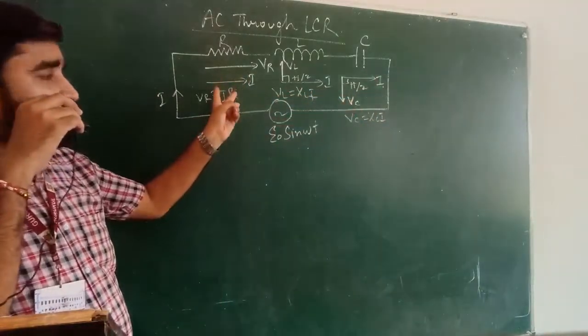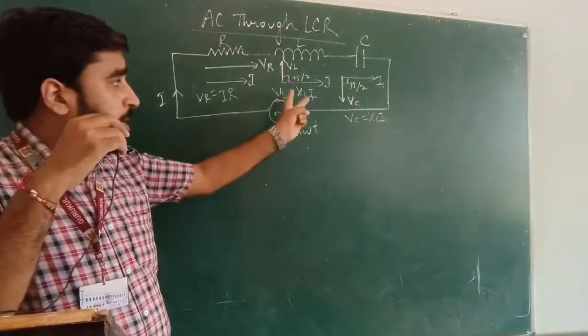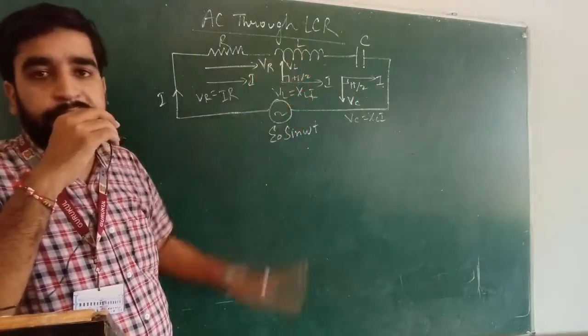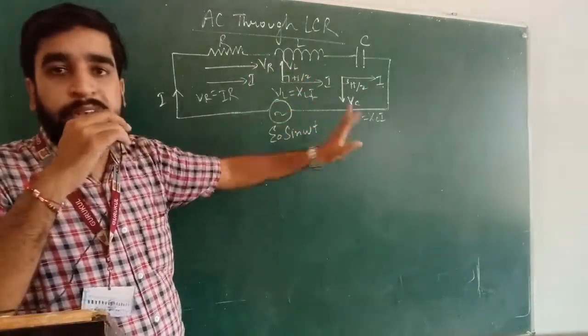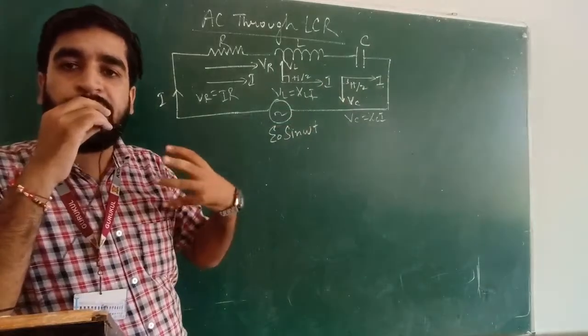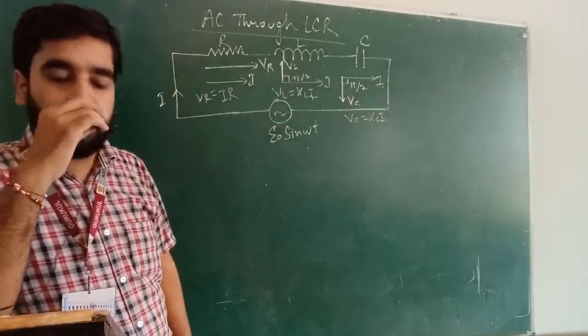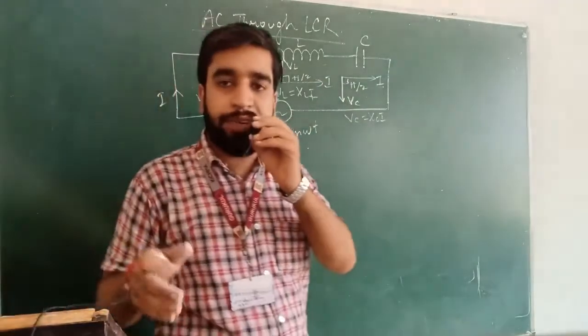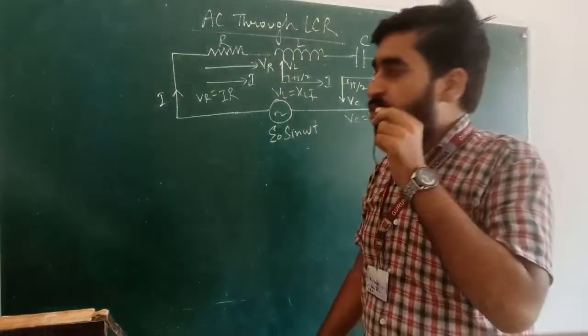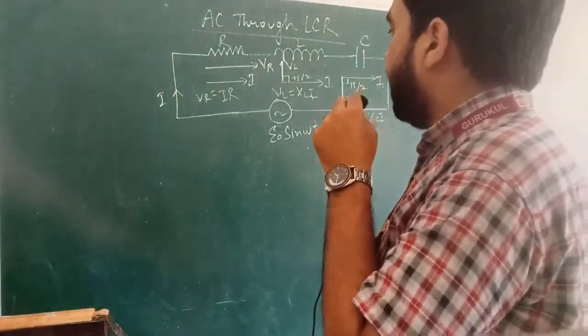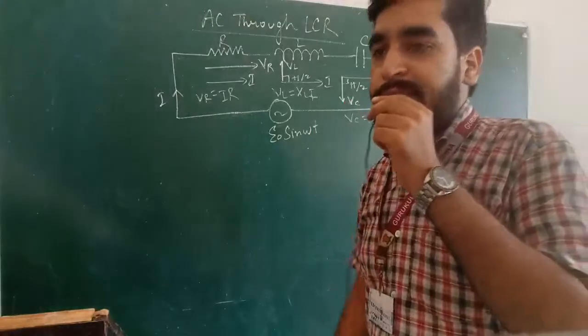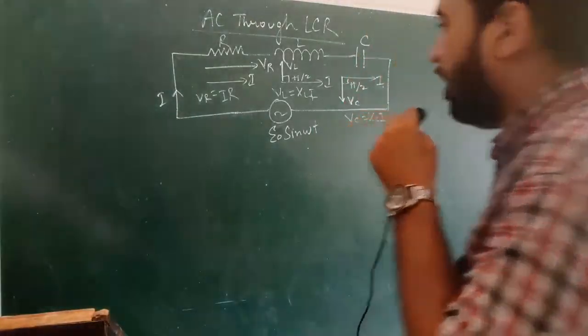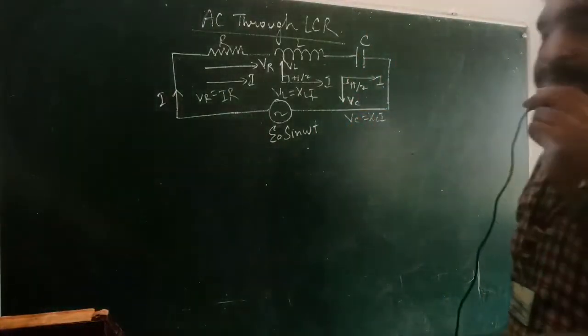Here the voltage is in the direction of current. Here the voltage is leading the current. Here the voltage is lagging behind the current. So how can we add such numbers? Definitely we should have an alternative trick for doing that. So students, what we can do ultimately is draw a phasor diagram to show the resultant of this circuit.